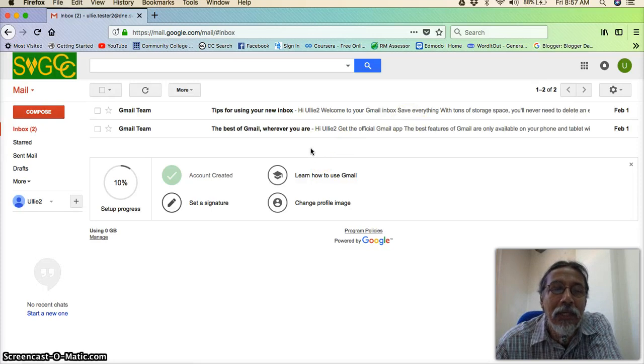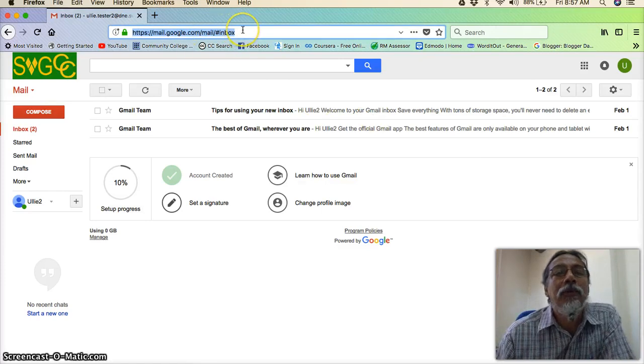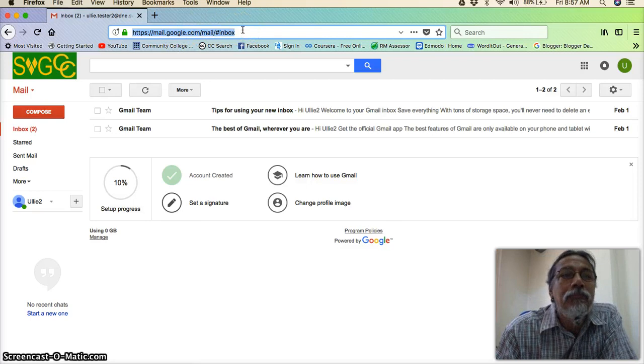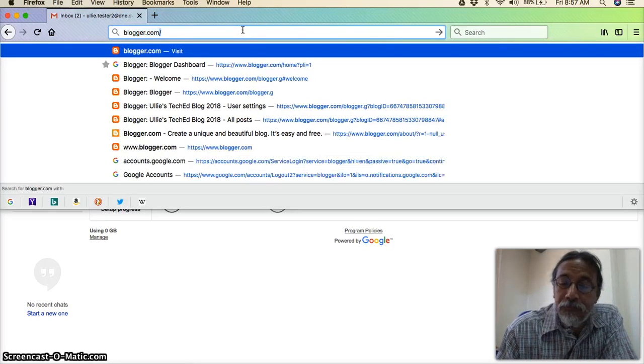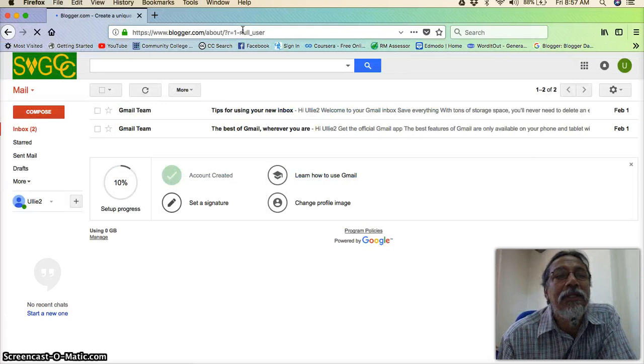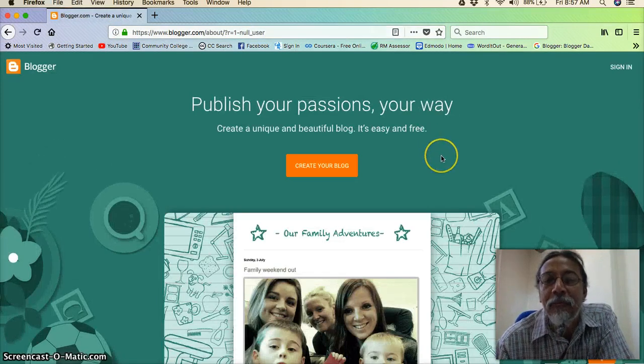So I know all of you are familiar with your mailboxes. Right. Now, in the last video, I had said that you would find the blogger icon or app using this 3x3 grid, but actually it's no longer there. So what I am encouraging you to do then is to go straight in your browser to blogger.com. Blogger.com. You go to that address and you will be taken to this page, which is the main blogger page